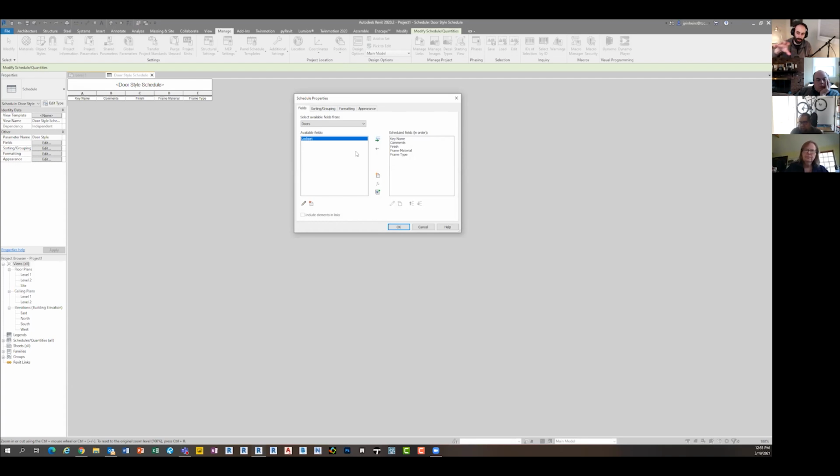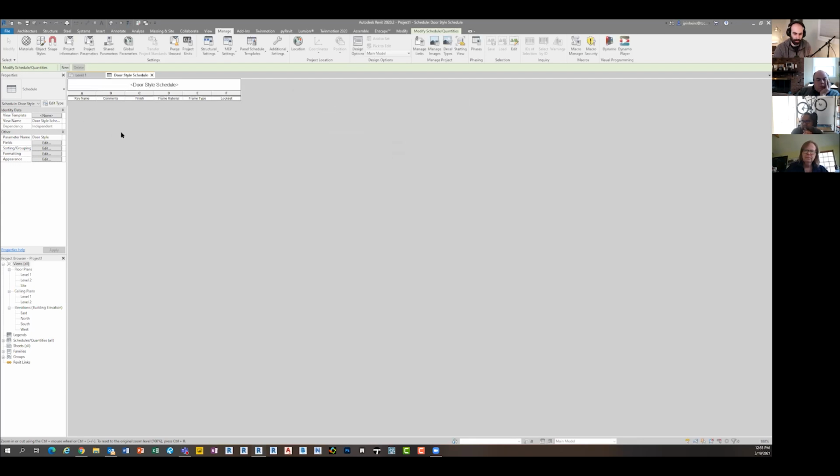So type parameters don't exist in this. This is for instance parameters only. And so now I'm going to add all this here. So you can see here it is. Notice there's no information in it, even though I have 6 or 7 doors in the project. In my door